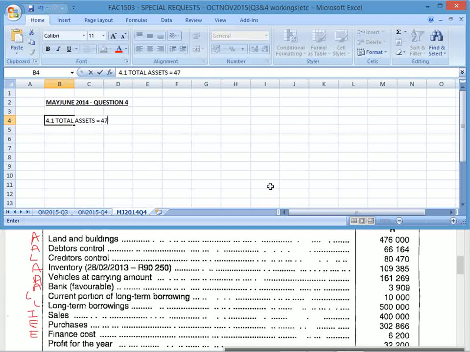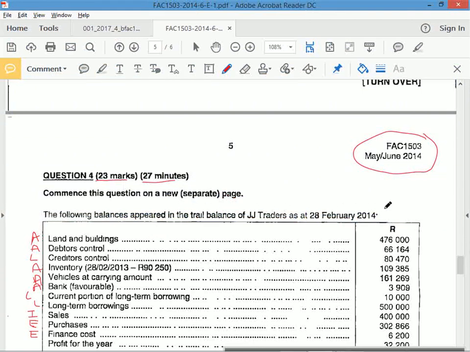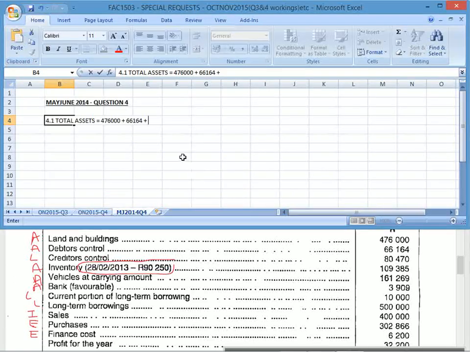Land and buildings, 476000 plus. Debtors, 66164 plus. Inventory, notice you've got 2 years here. I'm looking at the year 2014, which was the beginning of the year. Opening stock, closing stock. What do I use for the calculation? Closing stock. So the 109